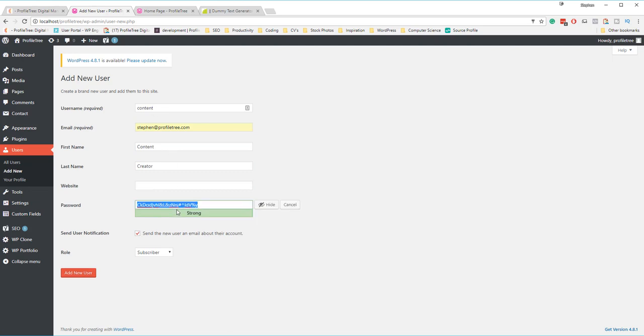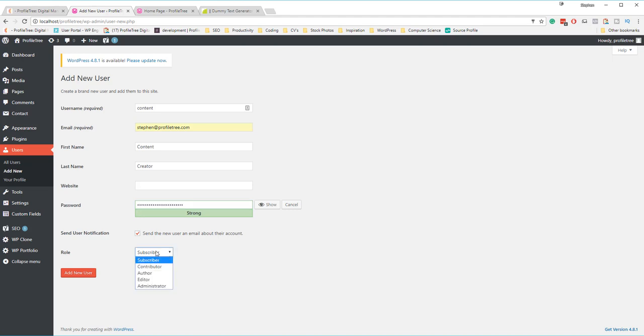Show password. Now, of course, what we want to do here is we can copy that. What we also want to do is we want to send the new user an email. And it's simply just to say what their login details are, and they'll get sent the password as well. Now, once they log in the first time, they'll be prompted to change their own password. It's a very important feature to use, but it's definitely worthwhile doing. The role is one of the most important things that you'll do here, as it classifies how and what that